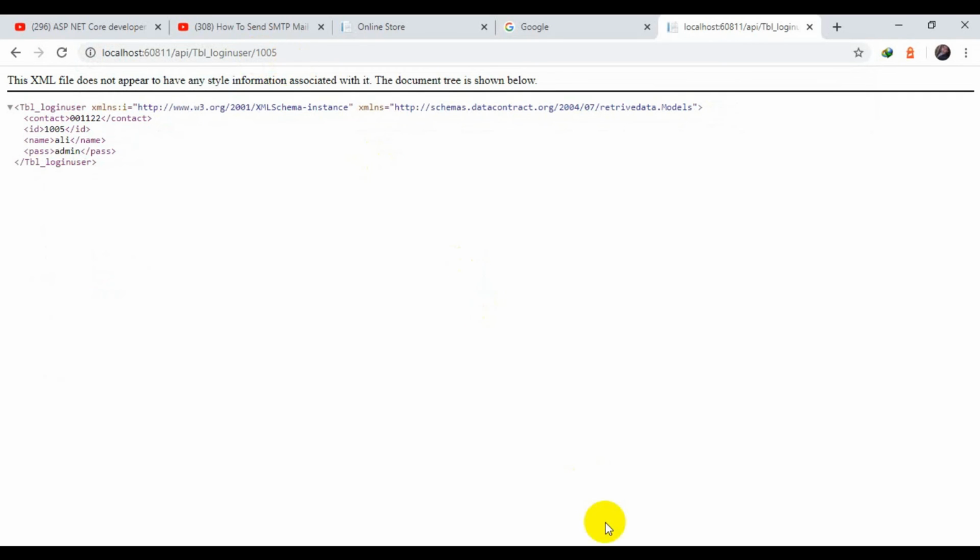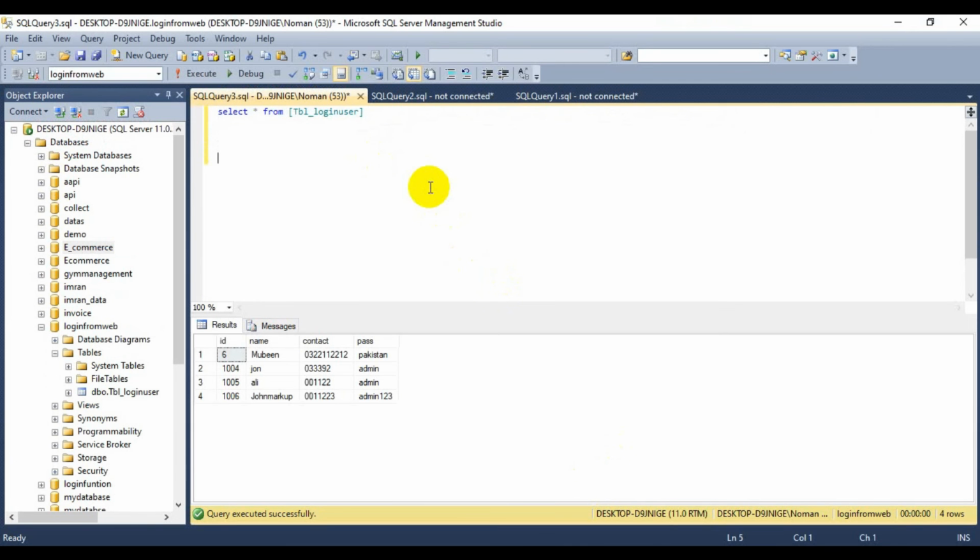I have selected details. If I want to add another record, insert into TBL login user values. I think the ID is an identity, so I don't need to add it.